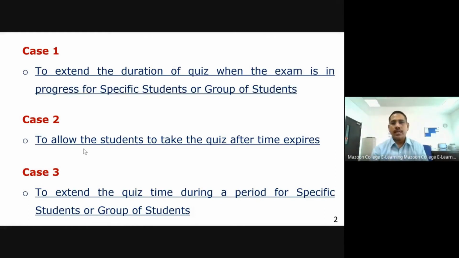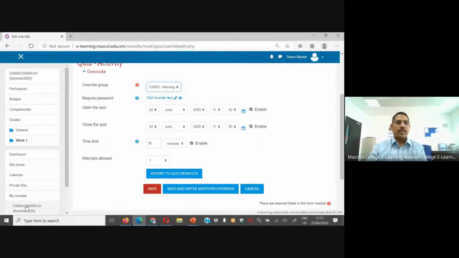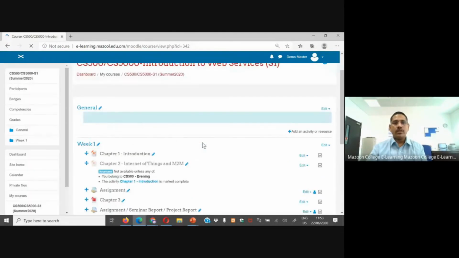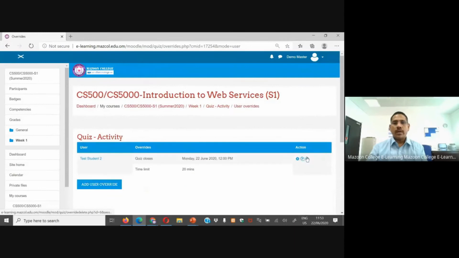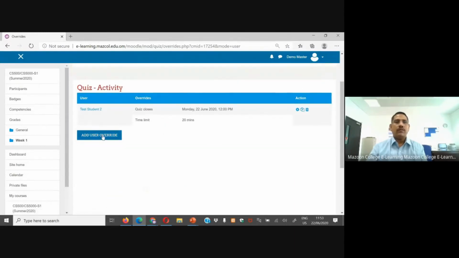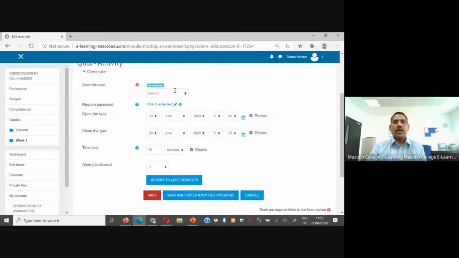So the same situation we are going to take here. Either time expires, or in the middle of the exam the student suddenly finishes the exam. As I said, now we are going to open this only to the particular student. We need to go to the quiz, and here, user overrides. Now that this is one student, we are going to the next student. Suppose I'm choosing user 51.